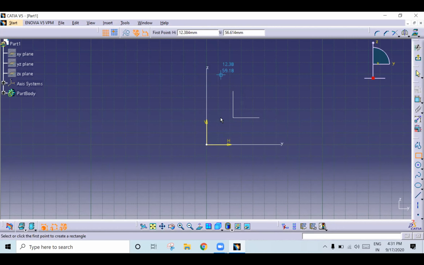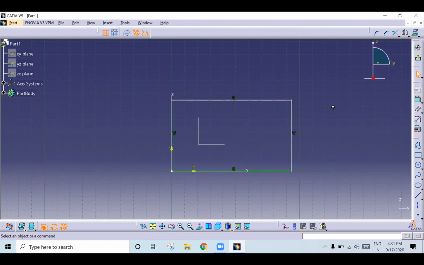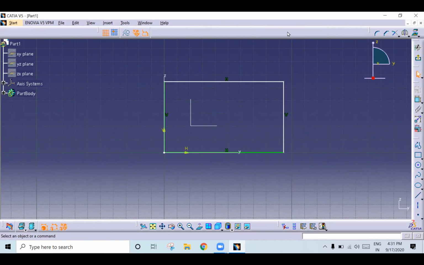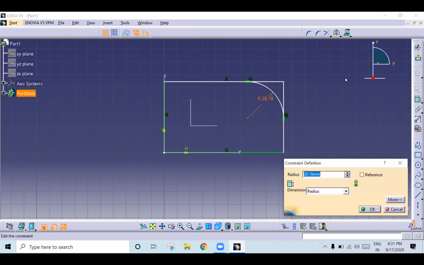Suppose you want to give a corner, so I will create it here. See, corner means fillet. You have the shortcut here, operation. Place it here, go to corner. Once you click corner, some options will appear. Here you need to select no trim, the third option. Then select this edge and this edge. See, then you need to click it. So the fillet has been created, and you can edit this fillet radius.